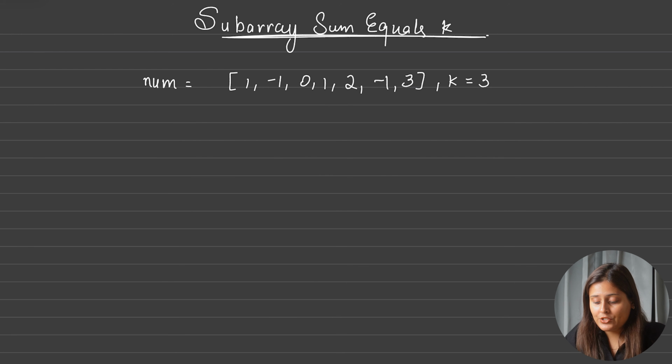So here is our integer array. You will be given, and we have been given one more thing, that is k is equal to 3, that is target. So we have to find all such subarrays whose sum is equal to 3. So don't you think we can print all such subarrays and simply add all the numbers in that subarray, and then we will check if the summation equals k,